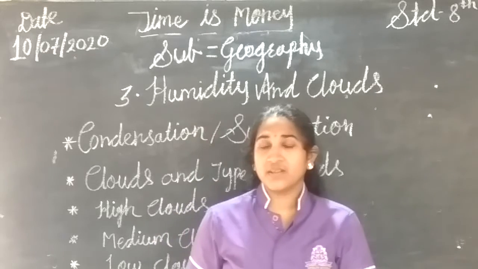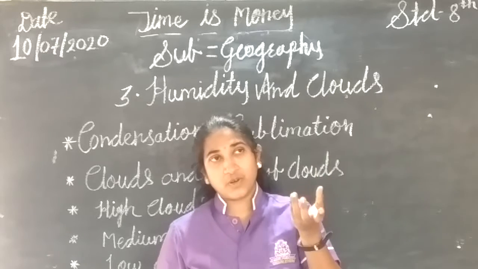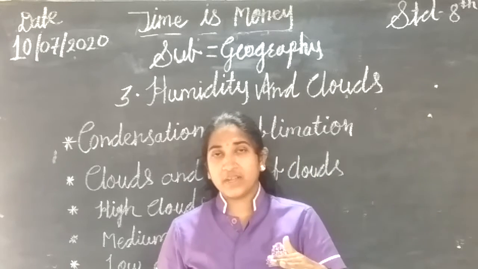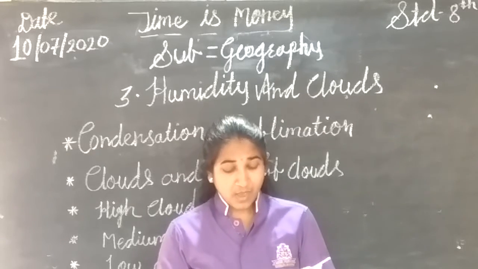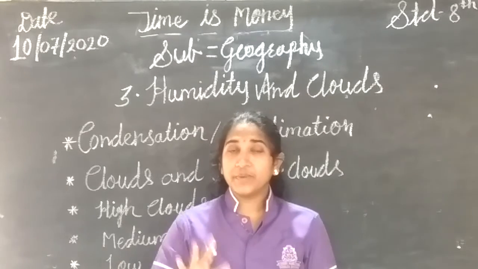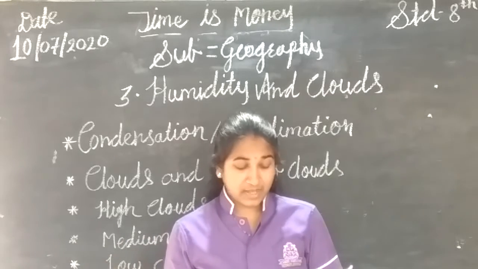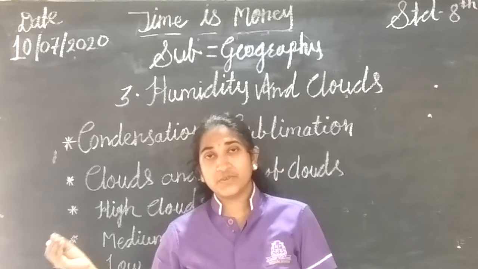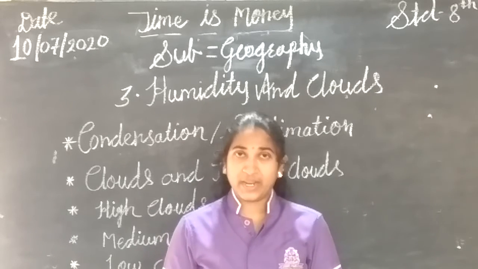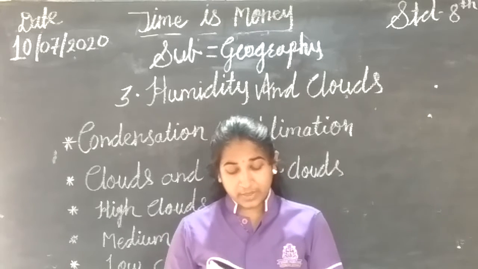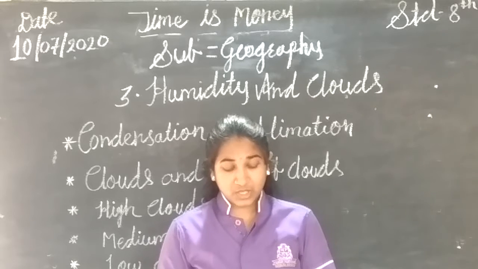In the last class we also learned, when we took the example of the sponge, that when the capacity of the sponge is full, it starts releasing water. Likewise, when the humidity of the air is 100%, vapor starts condensing, that means vapor starts converting into water. At this time, the temperature of the air should be at the dew point, and that temperature is called the dew point. It implies that for condensation, temperature should be low and relative humidity must be high.